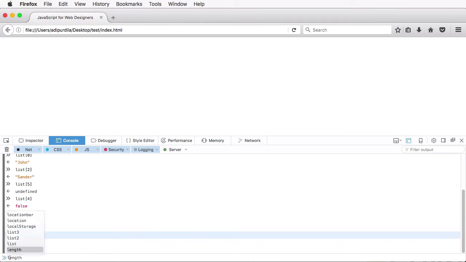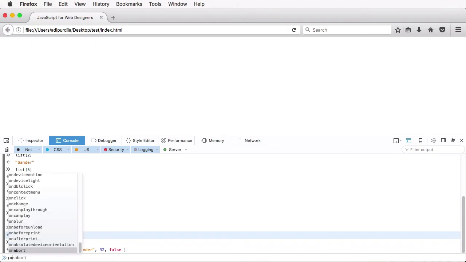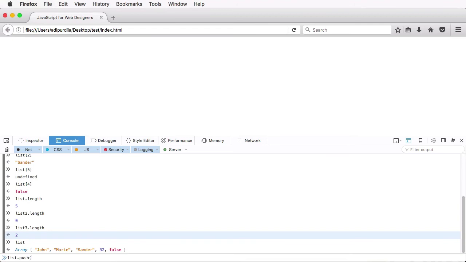So I have my list array here, and if I want to add another item, I can just say list.push, and then in parentheses, I'm going to put my item, and that can be anything, boolean, number, null, string, whatever. So I'm just going to put a string, and I'm going to say hi. So now it gives me the new length of my array, and if I do list again, I get the updated